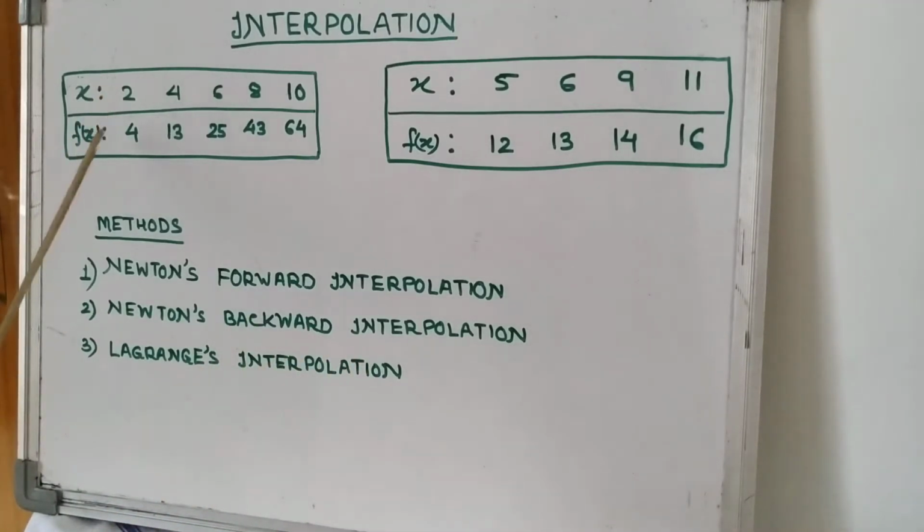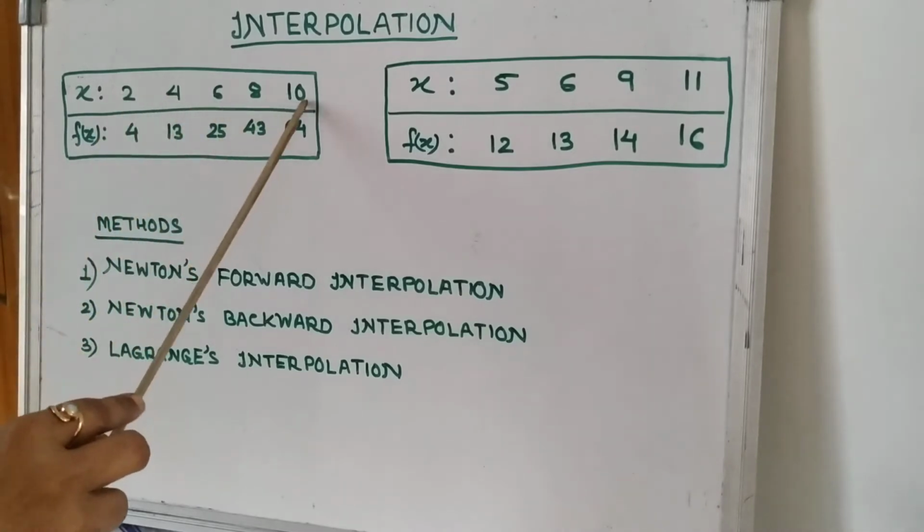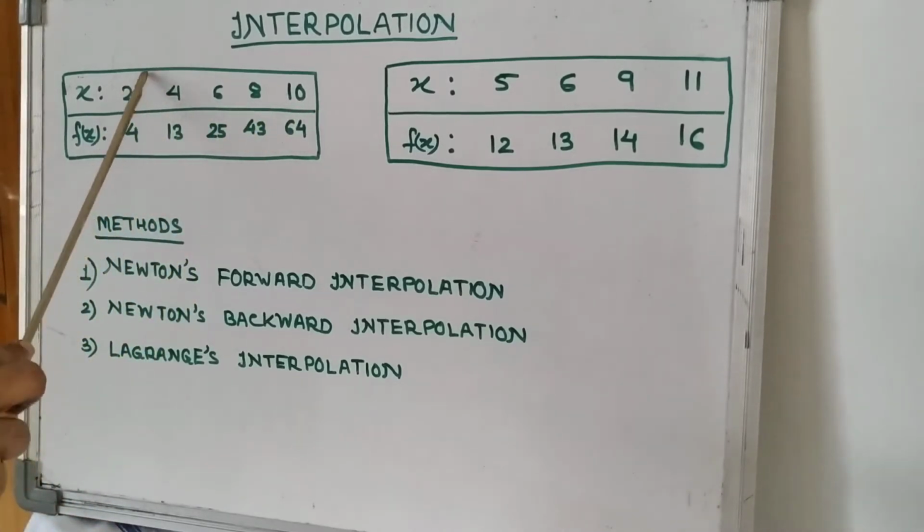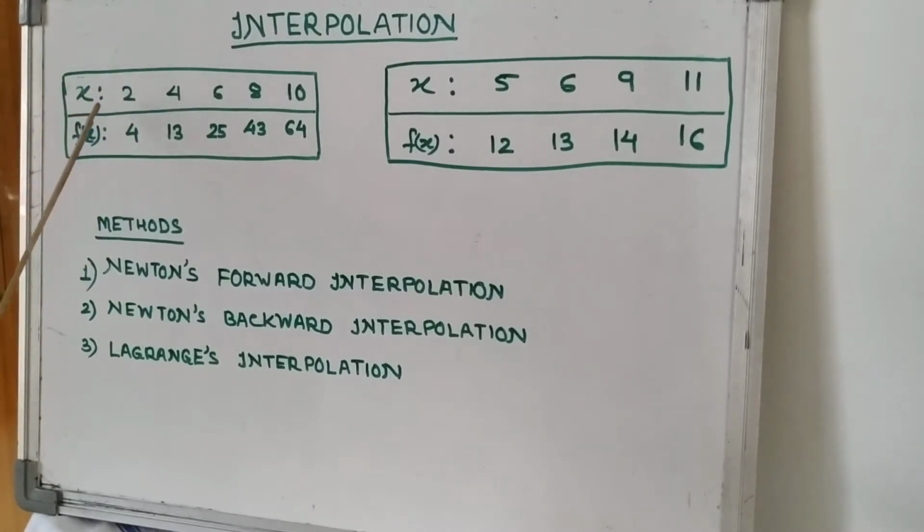So look here in this table, arguments are equidistant. Okay, so first if we are asked to find f(3), 3 lies in the first half of the table, so we go for the first formula, that is Newton's forward interpolation formula, because this formula will give an appropriate result. Since we are doing the estimation here without knowing the form of the function, we are trying to evaluate the value of f(3). So since the value lies in the first half of the table, we apply Newton's forward interpolation formula here.